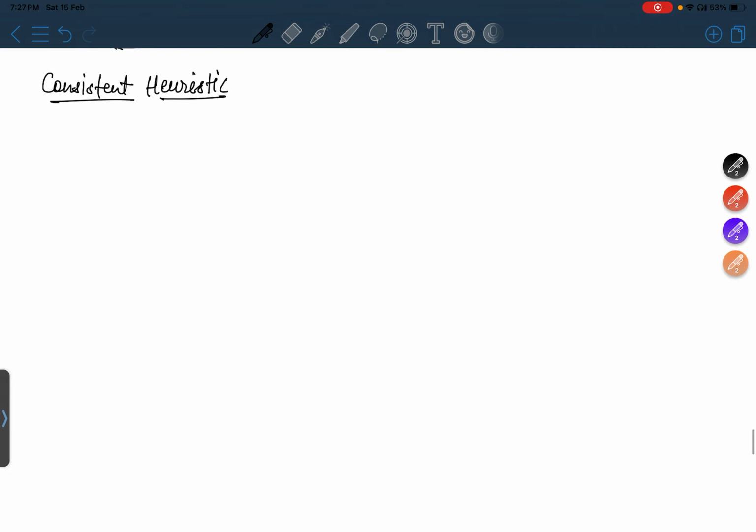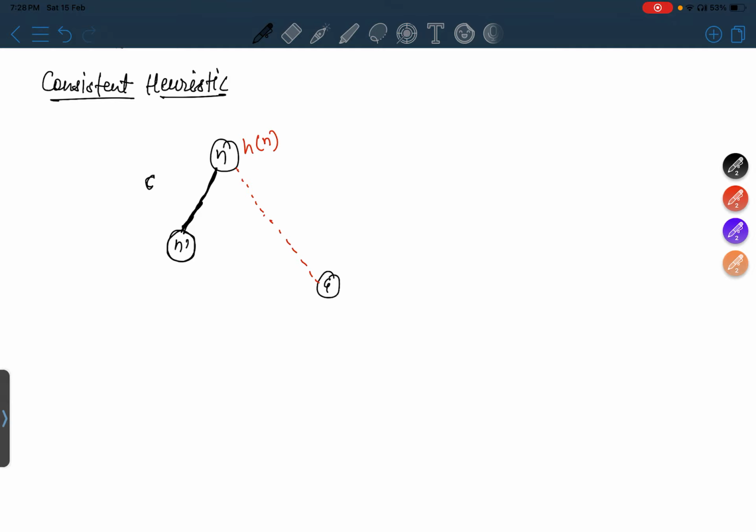So let me take an example. So let's suppose we have this node n and this is my goal g. ठीक है, तो h of n क्या होगा? H of n will be this, right? So h of n will be this straight line distance, and let's suppose n का एक ही successor है, there is one successor n prime, so there is a successor n prime of this, और ये n prime से यहाँ तक जाने का जो cost है,